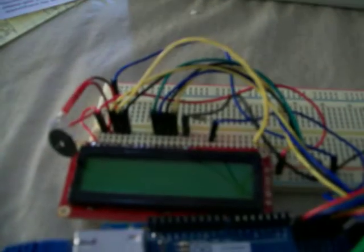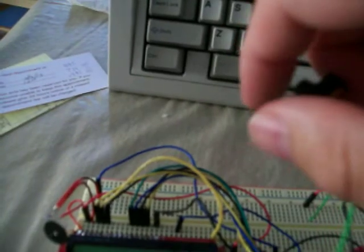This is a video for the Good Enough Network Tool, or the GENT. It's built from an Arduino Mega, an Ethernet shield, standard LCD screen, and a keypad pulled directly from an old phone. And we turn it on via the switch,